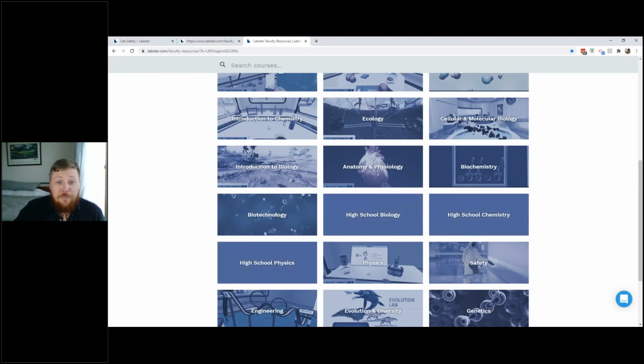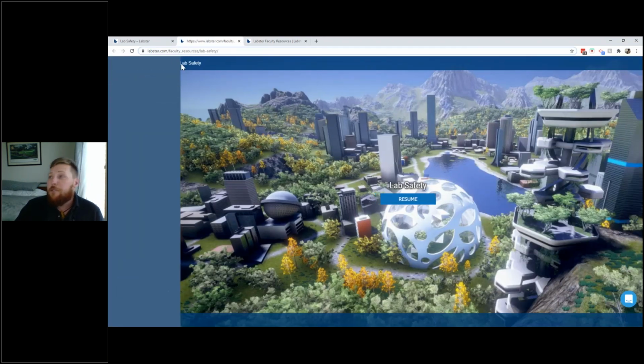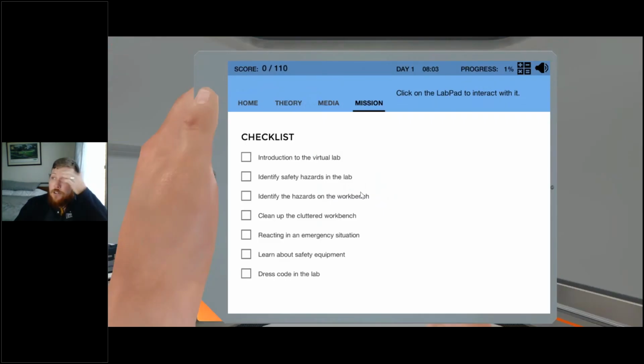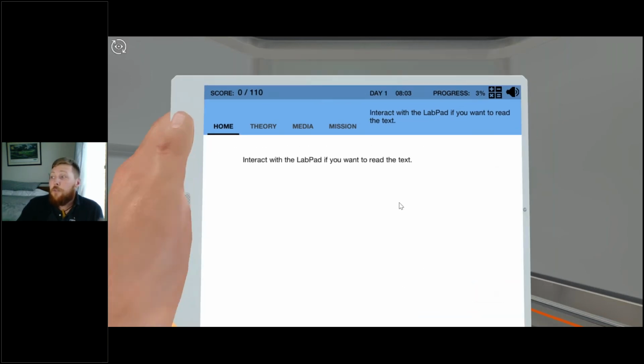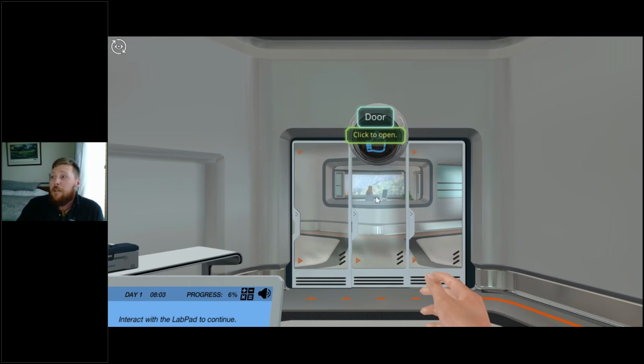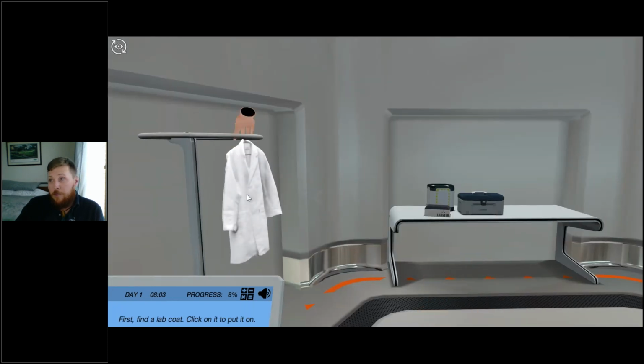All right. So just to go back briefly to the simulation, I just wanted to show exactly what you can expect. If you're not exactly sure how to use the lab pad, you can hit yes here and it'll give you a brief walkthrough. Just for time's sake, I'm going to say no thanks. I already know how it works, so I can show you a bit around the world that is the virtual lab. We're going to click to open the door, if she'll let us, after we put our lab coat on,